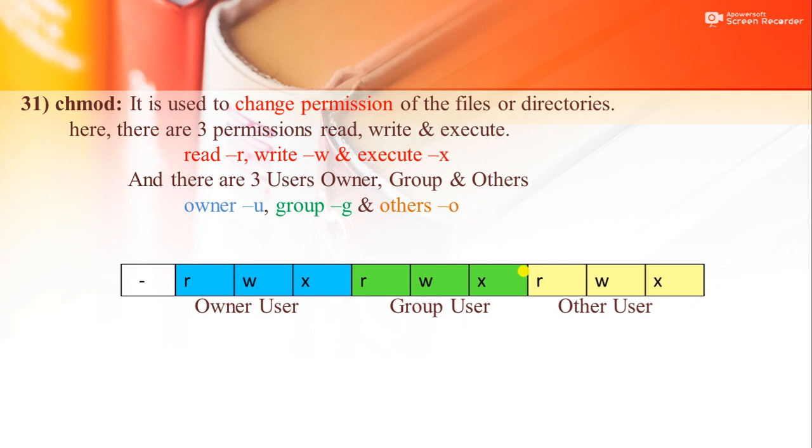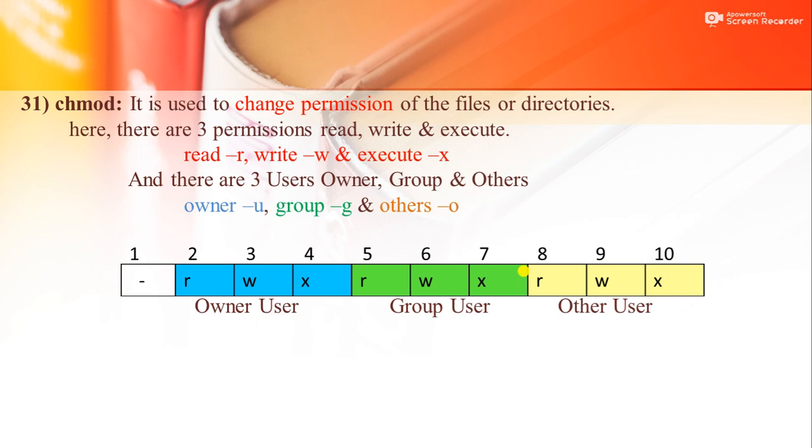As you can see on the screen, blue color indicates the owner, green color indicates the group, and third, yellow or orange color indicates other users. Over here, below the table, users are identified, and above the table, the index values of the owner, group or others and their permissions. That is, index place 1 indicates the minus sign, and 2, 3, 4 indicate the owner, that is 2 for read, 3 for write and 4 for execute.